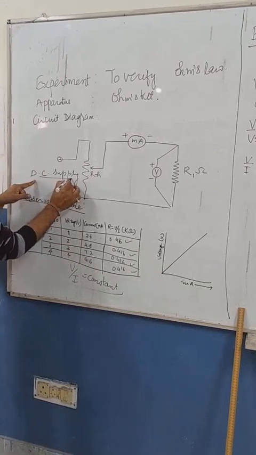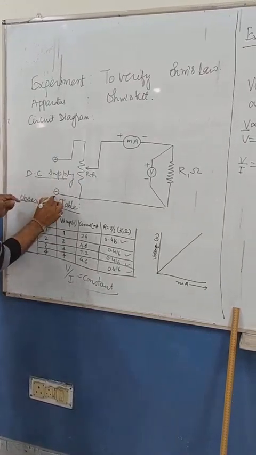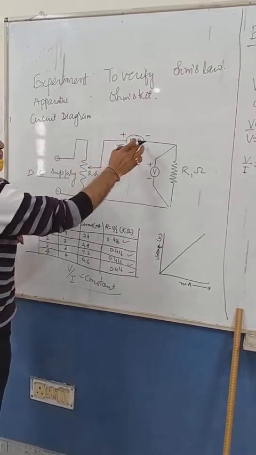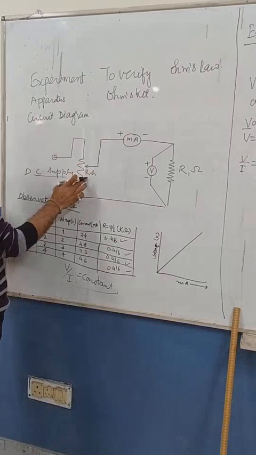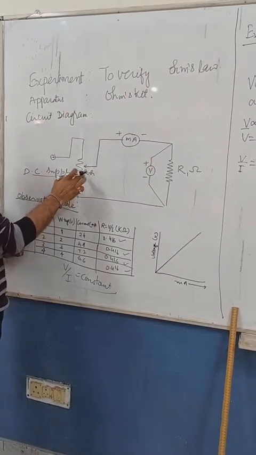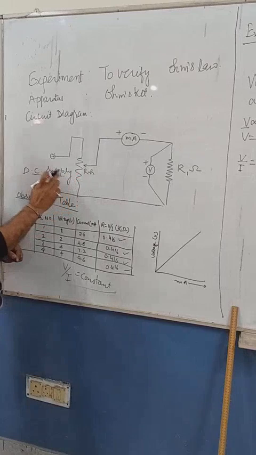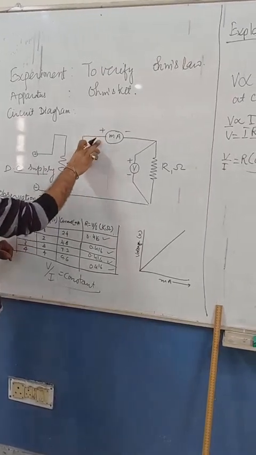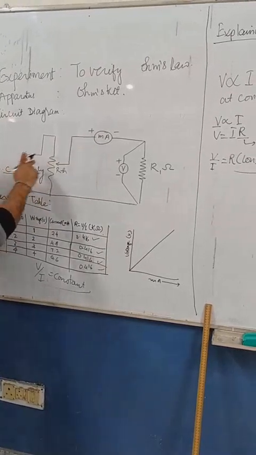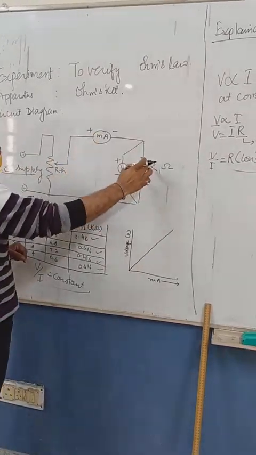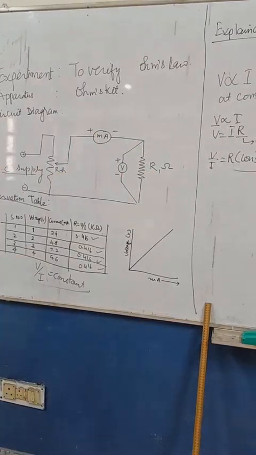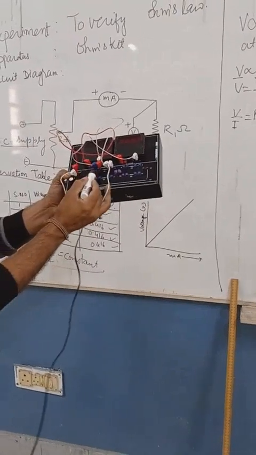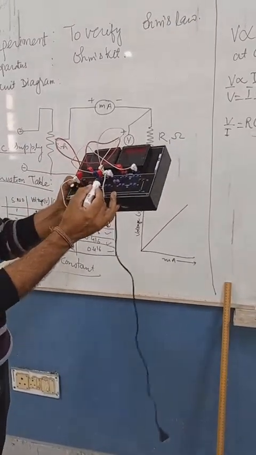This is the DC supply, this is the positive end, this is the negative end. The positive end is connected to the milliammeter through a rheostat. There is an internally built rheostat which we vary. On varying the rheostat, the resistance changes. That is connected to the positive end of the supply. The negative end is connected to one of the ends of the resistance. The positive supply is connected to one of the ends, and its other end